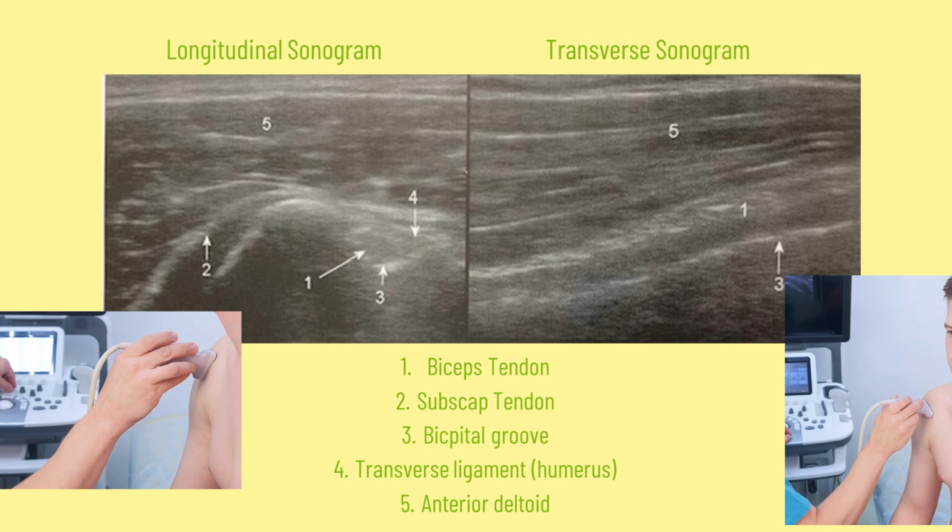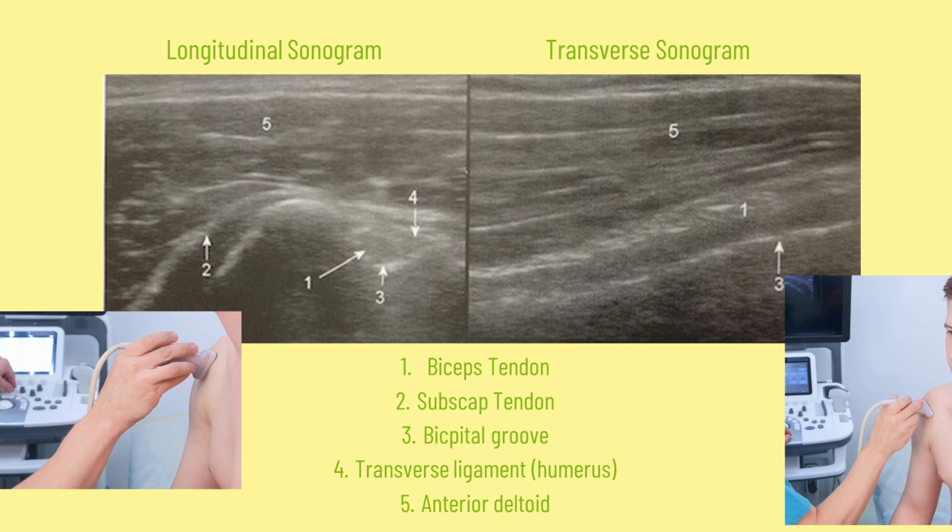So when we look here, we are looking at the anterior shoulder, and if you see the number 5 on the image, it is the one that is the most superior on the screen. That number 5 is the anterior deltoid. Like I said, muscle is going to appear hypoechoic with hyperechoic parallel lines. So you can see that the muscle overall is pretty dark, but there are parallel lines of striations, which are going to be those muscle fibrils. So that is going to be the